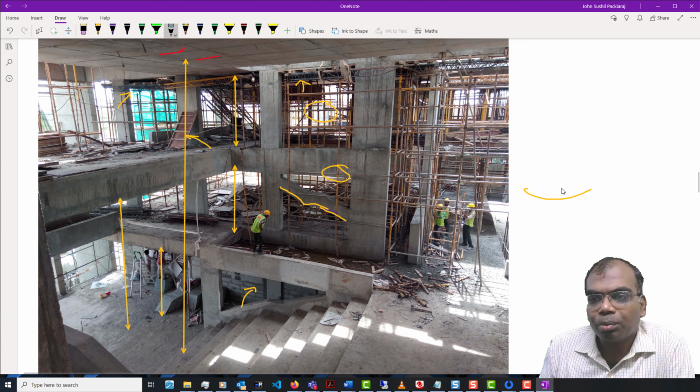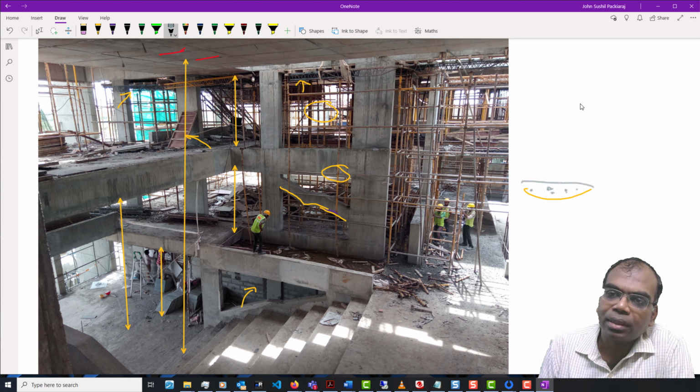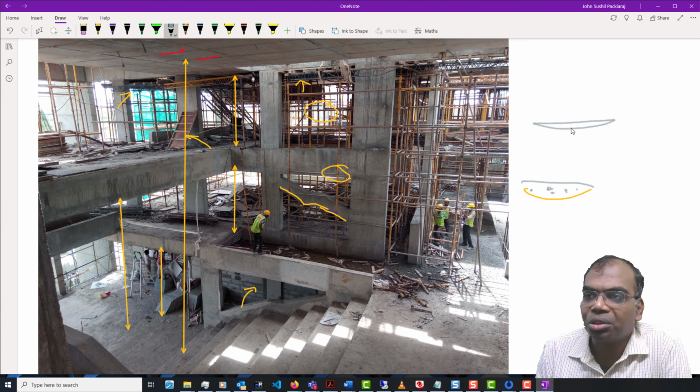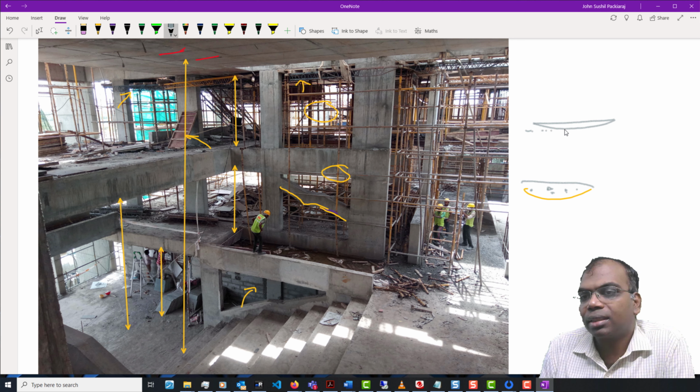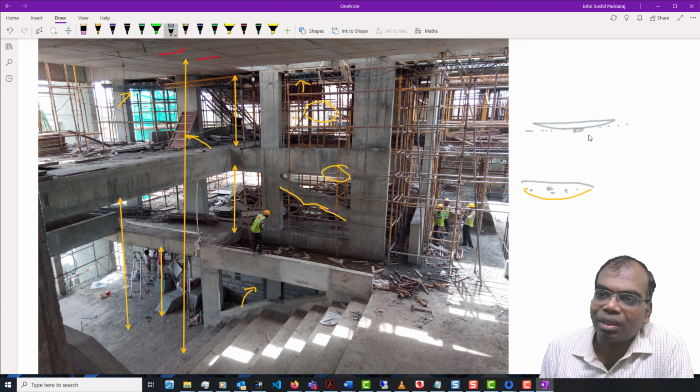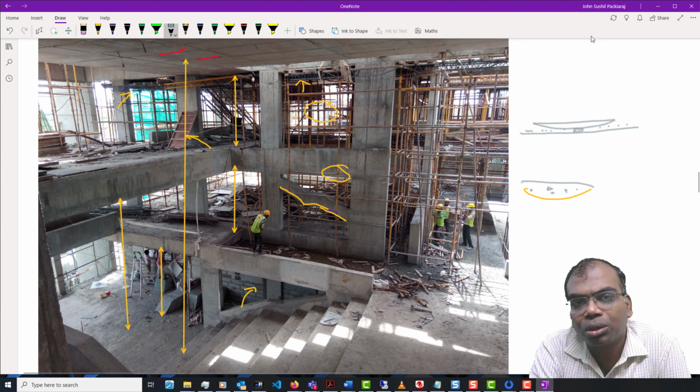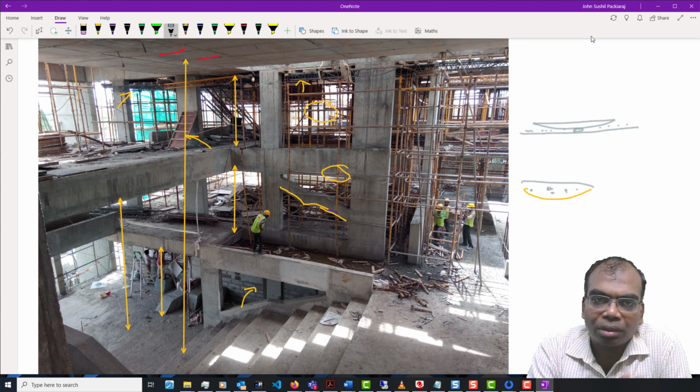Okay, so when I'm going to pour concrete on this board, it will start to sag. It means when it was straight, it would have had a certain value, and when it sags, the concrete which it consumes becomes more. And the worst thing is, when I'm going to do plastering, this is going to have a sag, meaning I might use a little less plastering, or if I'm going to be very particular and say I'm going to give the 20 mm thick plaster throughout, I will be using more plastering. So the cost of the project goes up simply because I decided to skimp a little bit on the quality of shutter.